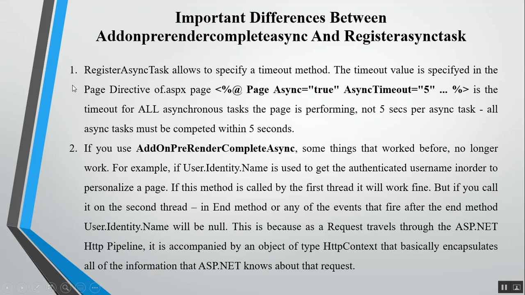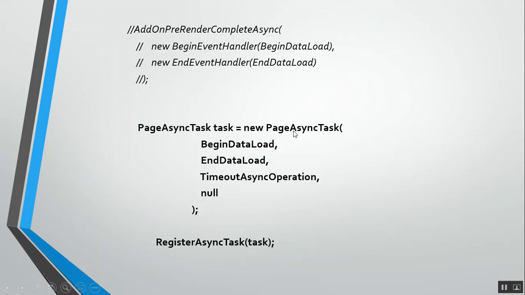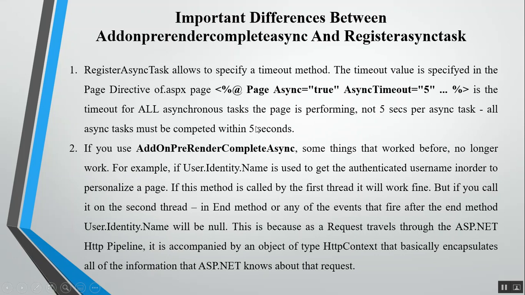So what is the difference between AddOnPreRenderCompleteAsync and RegisterAsyncTask? RegisterAsyncTask allows us to specify the timeout in the task definition itself, whereas in the case of AddOnPreRenderCompleteAsync, we don't have such a facility.